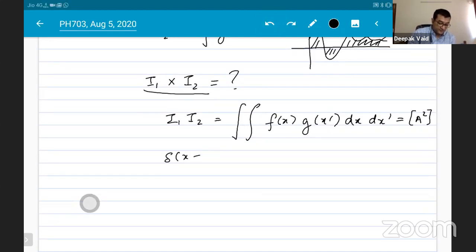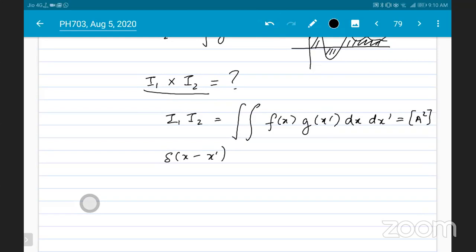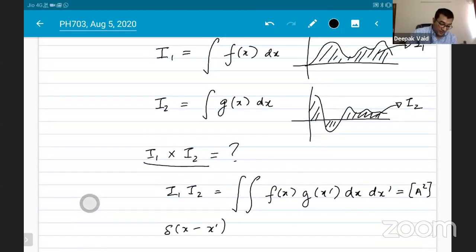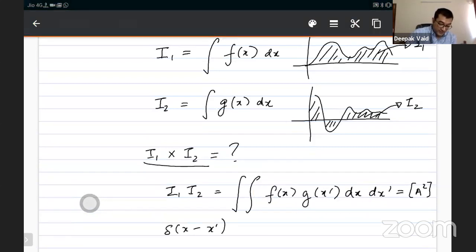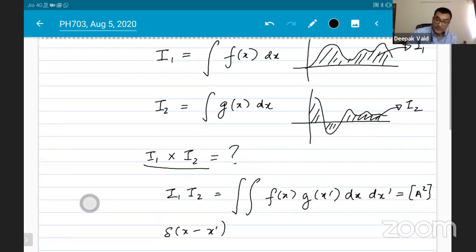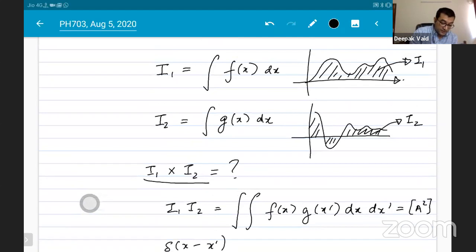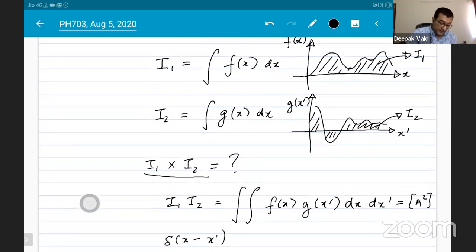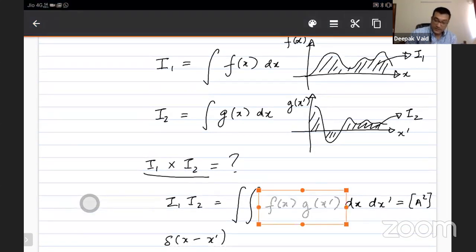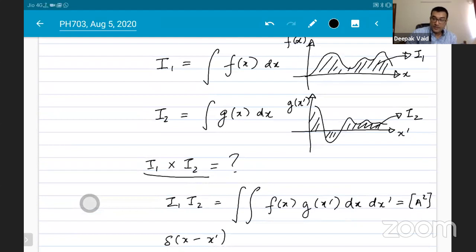What does the delta function say? If you look at this expression, f(x) times g(x prime), this is x, this is f of x, this is g of x prime, and this is x prime. Now, if you look at this function f of x times g of x prime,